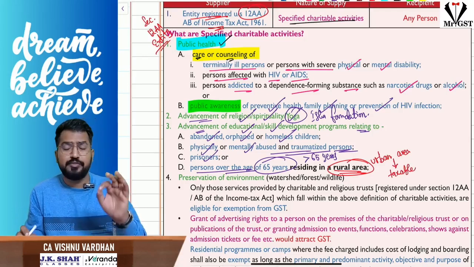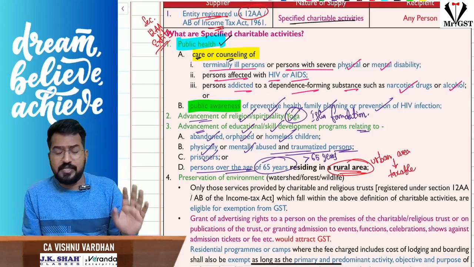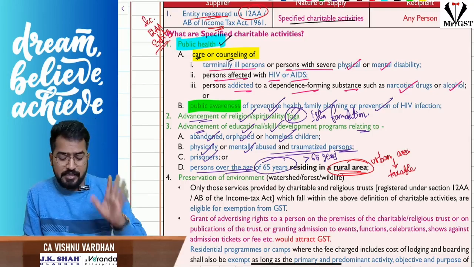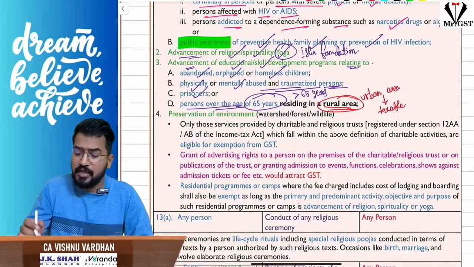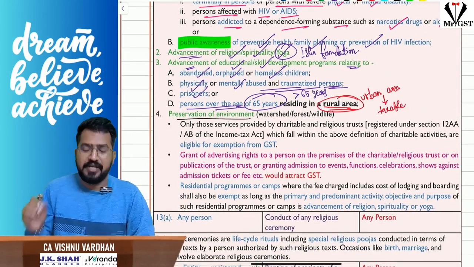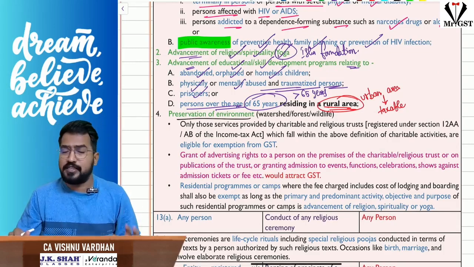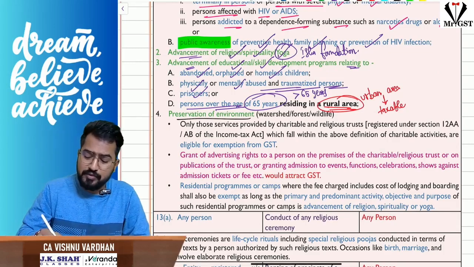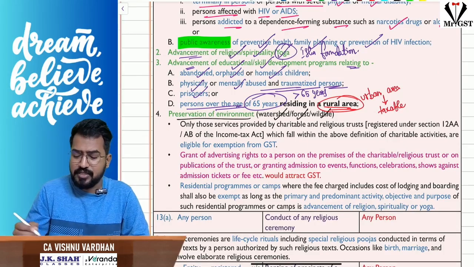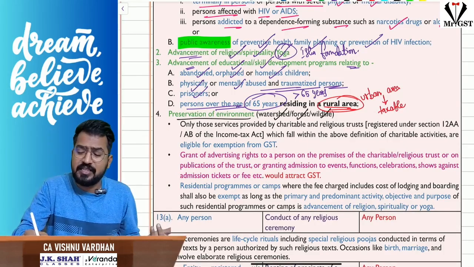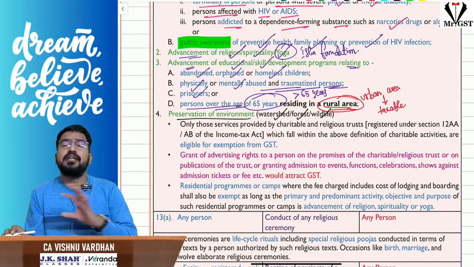Urban area will be taxable. So in the question you should be very careful. If it is urban area, it is taxable. Only in rural area it is exempt under GST. Okay, that is the next one. And of course, preservation of environment. With respect to preservation of environment also, if they are providing these things, then it is exempt under GST. Clear? Let us assume, for example, protecting watersheds, forest or wildlife, all that. For that, if they are charging any consideration,